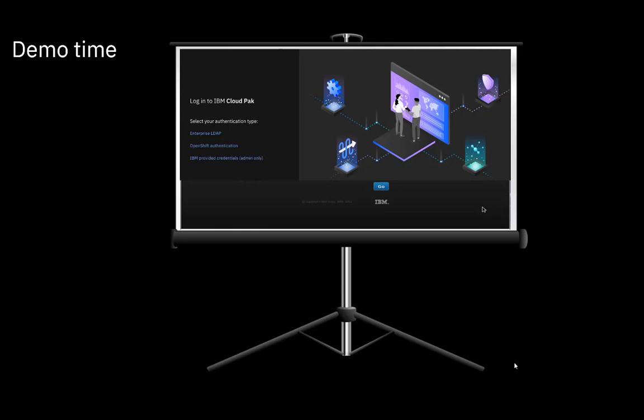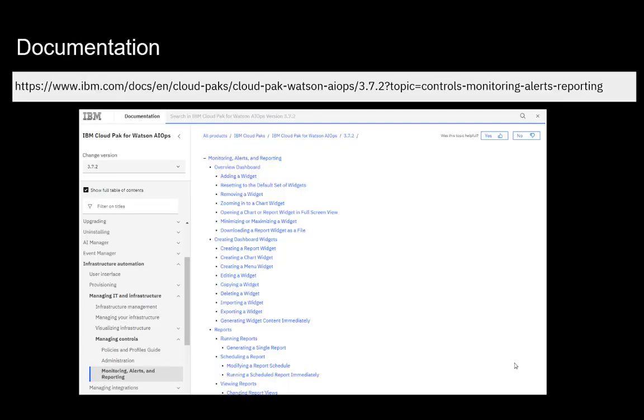Thank you, Imran. That was a fantastic demonstration of our new capabilities. So let's conclude this short video. We are having documentation, of course. This is it. So it is part of the IBM Cloud Pak for Watson AIOps in the most recent version 3.7.2. And as you can see in here, we do have a separate section, infrastructure automation, here it is,